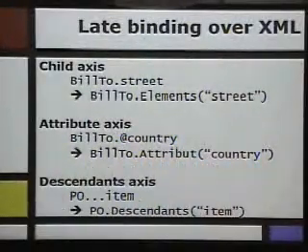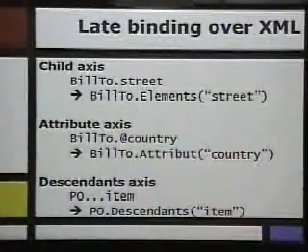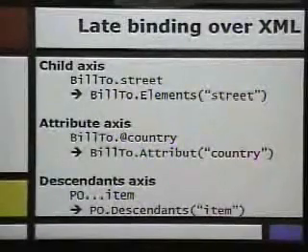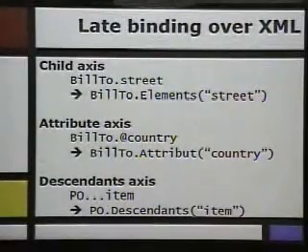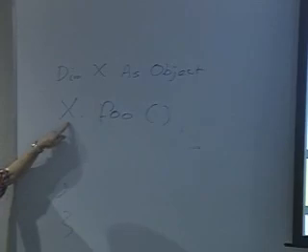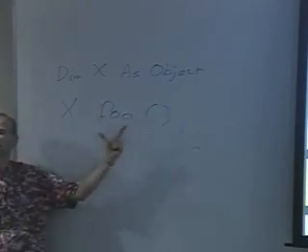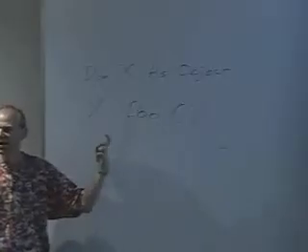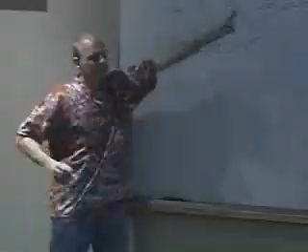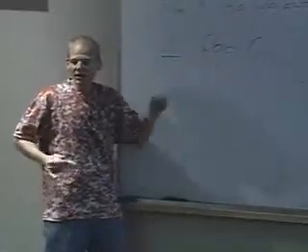So let me just use the whiteboard here. If I say dim x as object, and now I can say x.foo. So if the static type of the receiver is object, I can call any method, I can access any member, and the compiler will use late binding. So in some sense, it's kind of funny. The late binding in VB is driven by the static type of the receiver, okay? Because the static type of the receiver is object, it enables late binding over object.